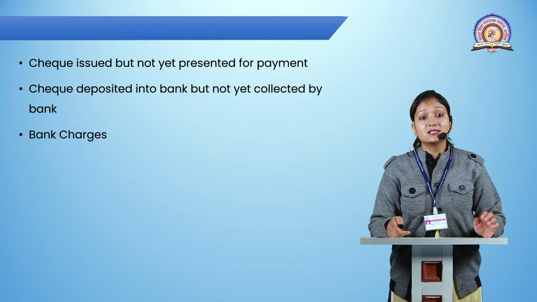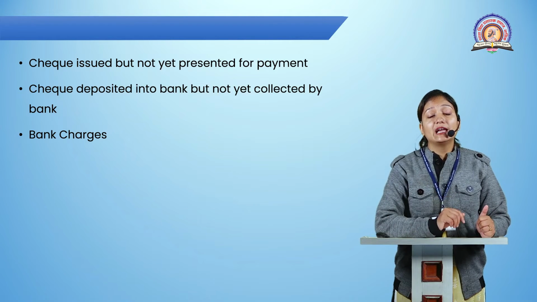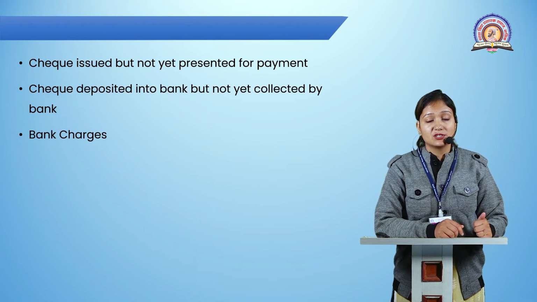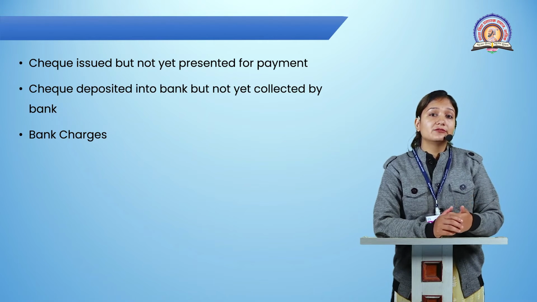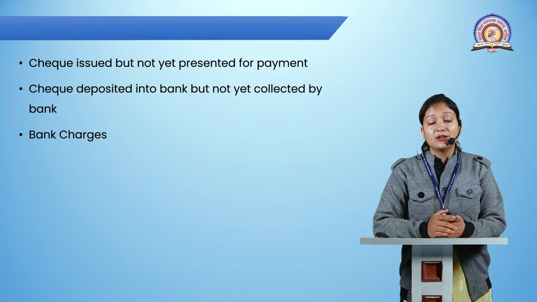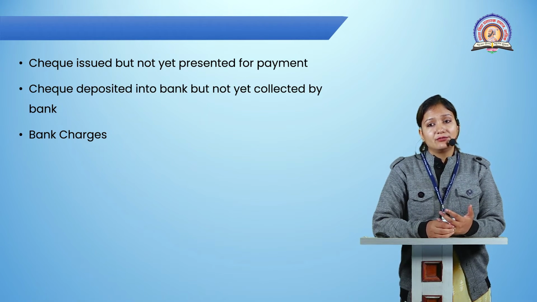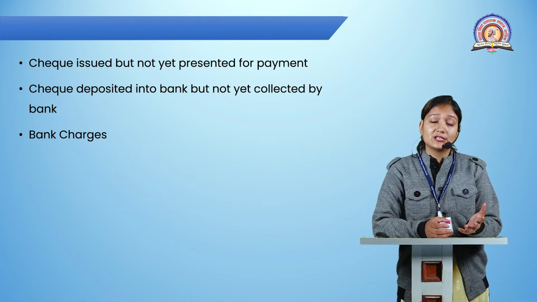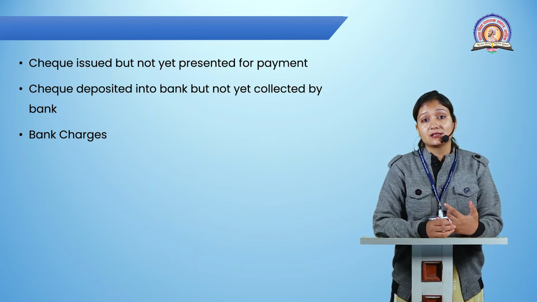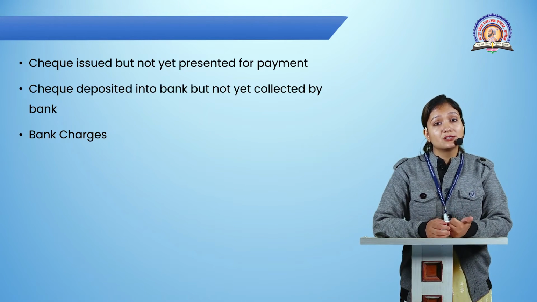Now, the next is bank charges. Bank charges, it is a very simple thing, that the bank is applying certain kinds of charges to the customers or to the business entity. What kind of charges does the bank have? Bank has charges for maintaining an account. Bank has charges for the ATM. Bank has charges for issuing a checkbook. Bank has particular charges for other things too. For example, if a business entity has a certain new transaction, the bank will say yes, we will do this transaction, but we will apply certain charges. So this is also a bank charge.